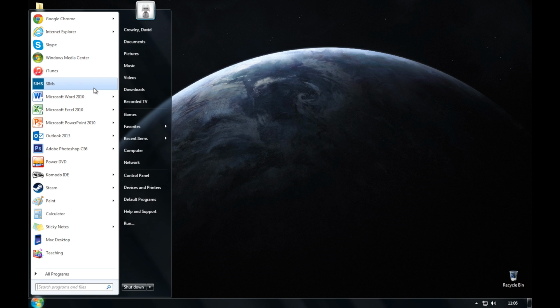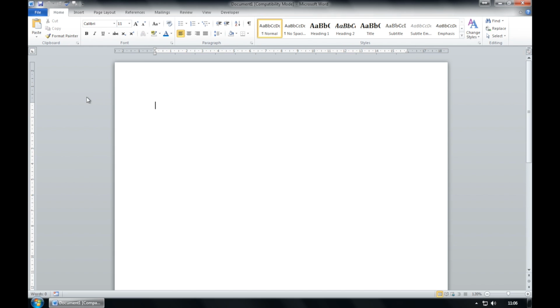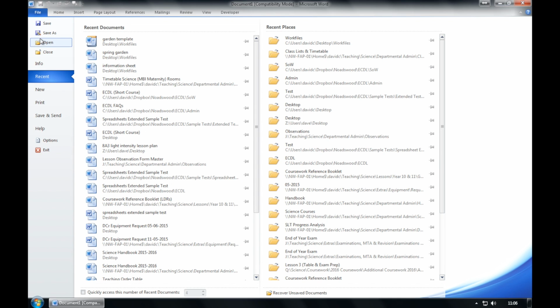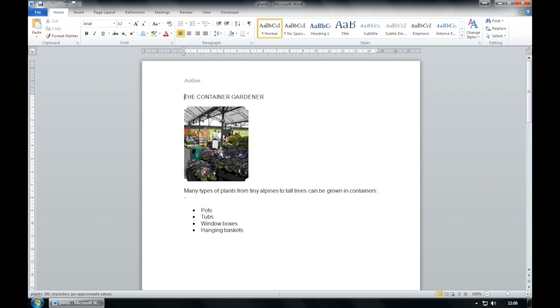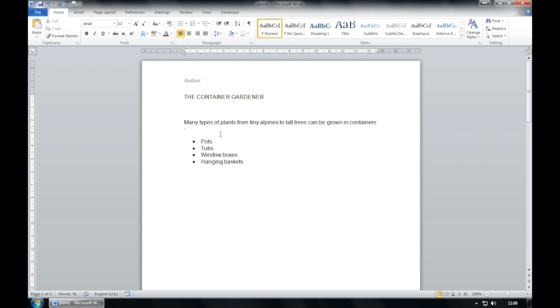I'm going to open the presentation again, and we're going to go File, Open, and from our work files we want plants.docx, so we open this file and press OK. It says find the garden centre image at the top of page 1 and delete this image. So to delete this image, you just click on it and then press the delete button on your keyboard to